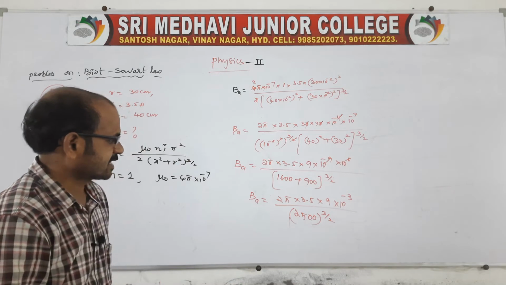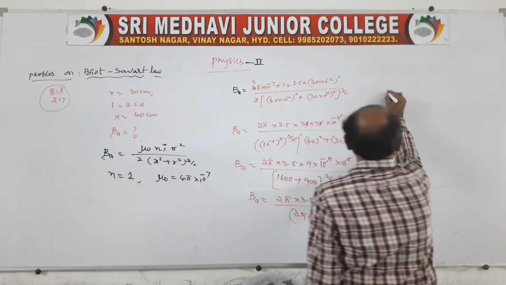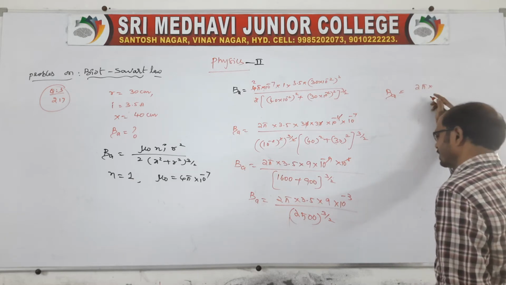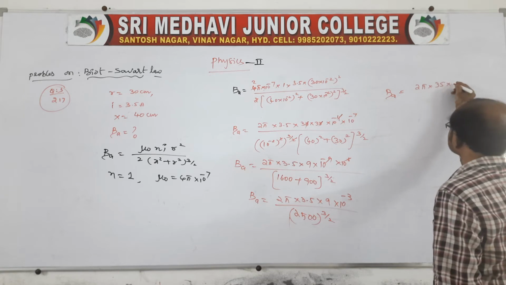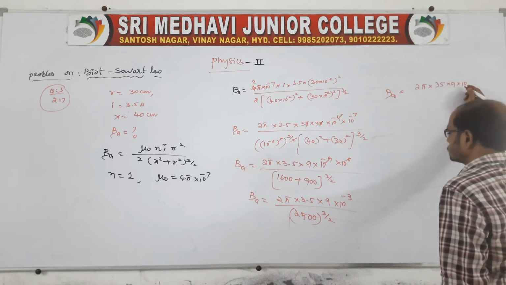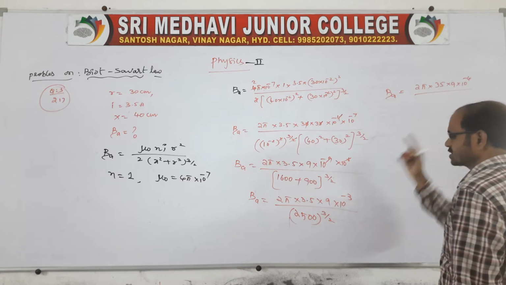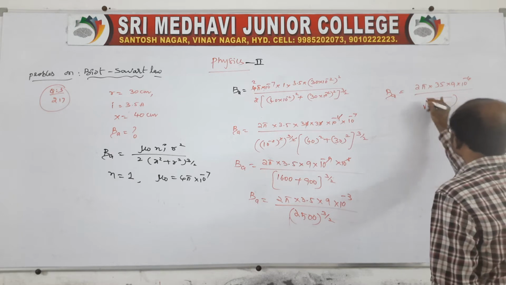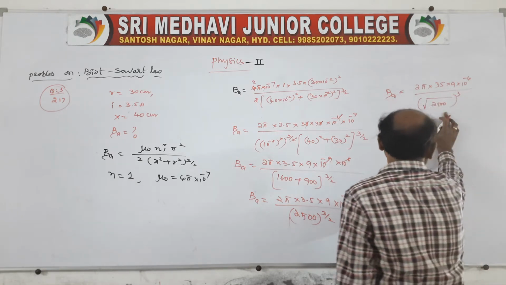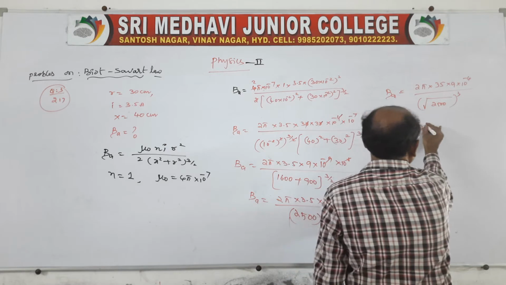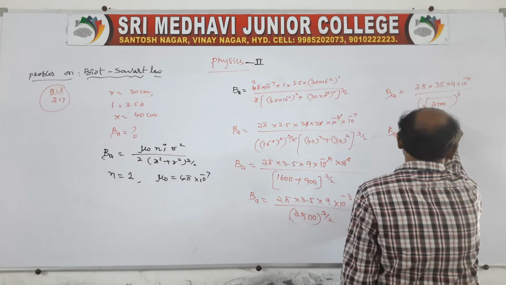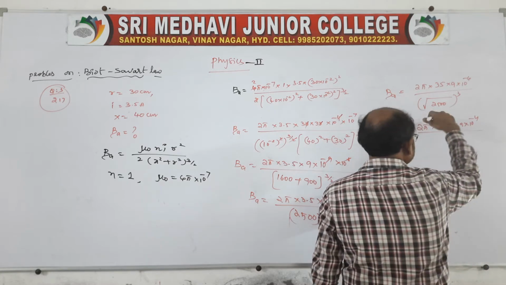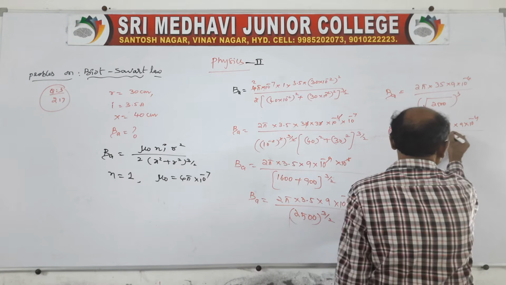In this we can say, if I write like this, on the axial line it is 2 pi into 3.5, right? 3.5 into 9 into 10 power minus 4 by 25. If I write root 2500 whole cube, shall I? So that it is 50, no? Yeah, this is the way. So we can make it easy like this: 3.5 into 9 into 10 power minus 4 by root 2500, so 50 whole cube, that's all.